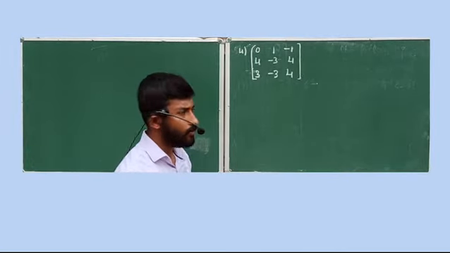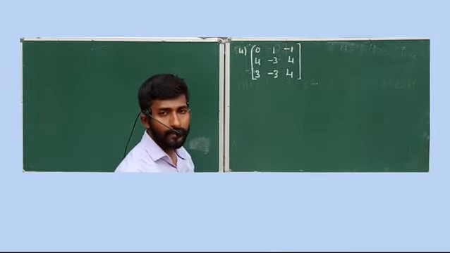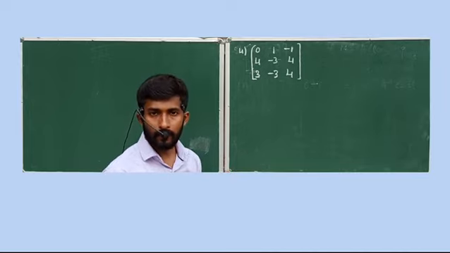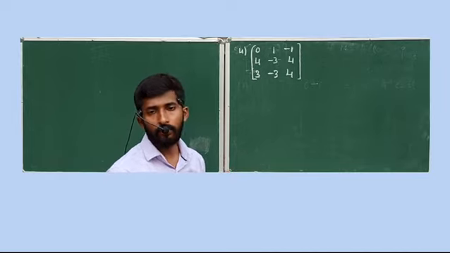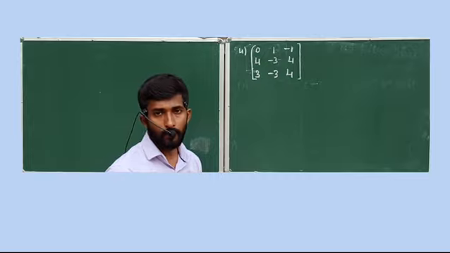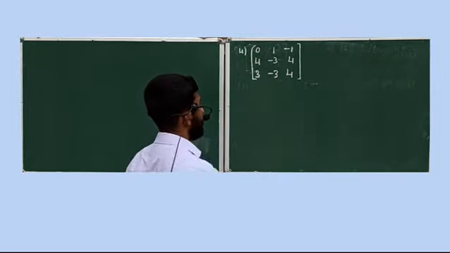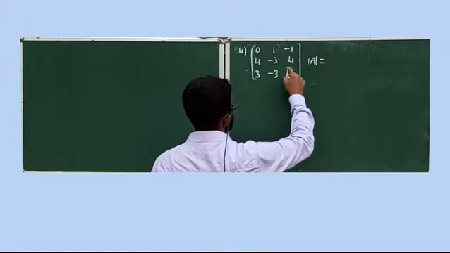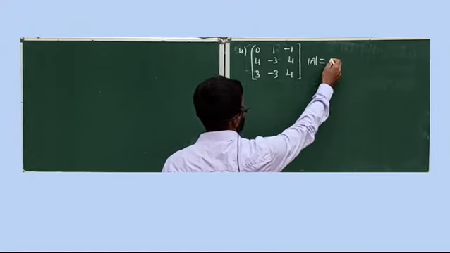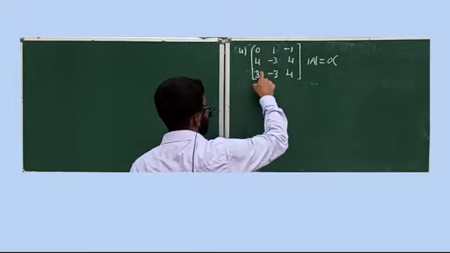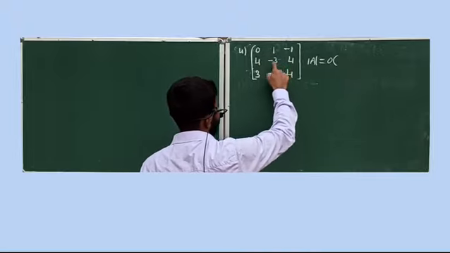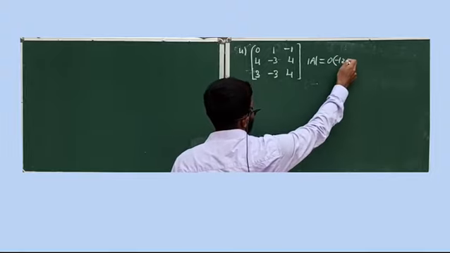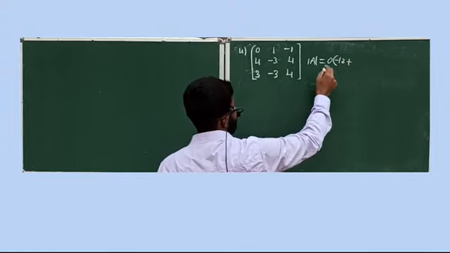See the next question. See, a square matrix of order 3 is given. In this problem, you need to find cofactor as well as adjoint. Then you need to substitute in the A inverse formula. First calculate determinant A. Determinant A is equal to, see, first entry is 0 into, okay, delete the corresponding row and column. 4 into minus 3 is minus 12. Minus is there, so here you will get 4, 4 3s are 12.